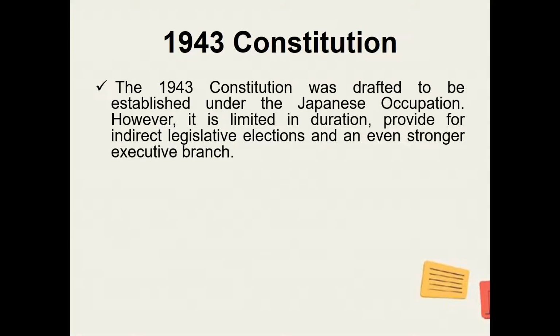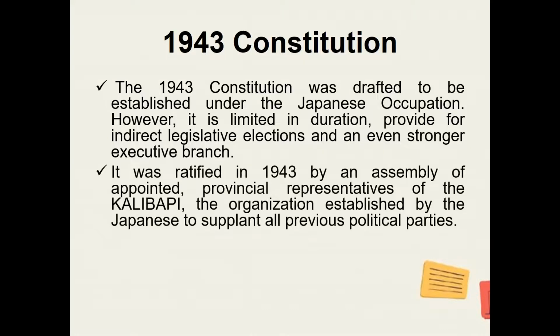No? However, it is limited in duration, provides for indirect legislative elections, and an even stronger executive branch. So, the 1943 Constitution did not really receive general acceptance from the Filipino people. No? To be technical about it, it was not really legitimately recognized as the Constitution of the Philippines because at that time,